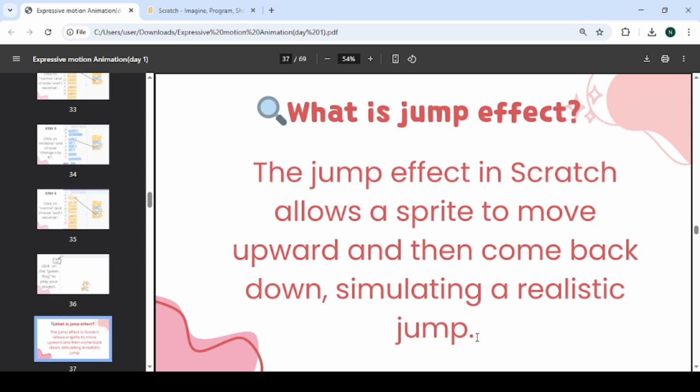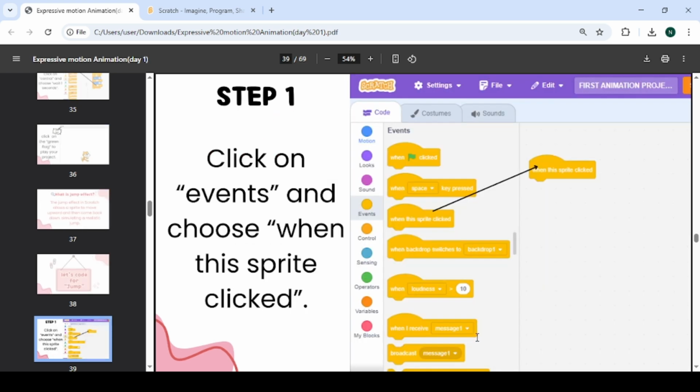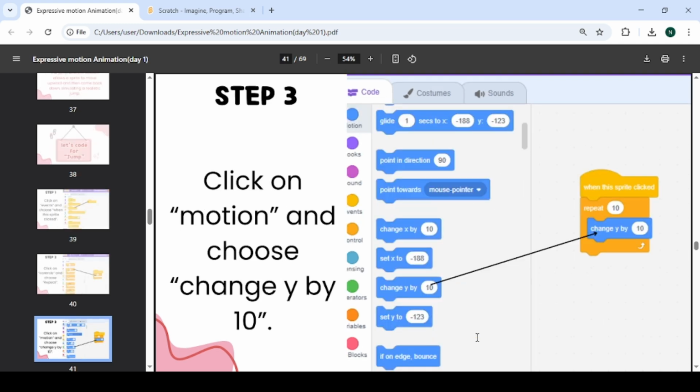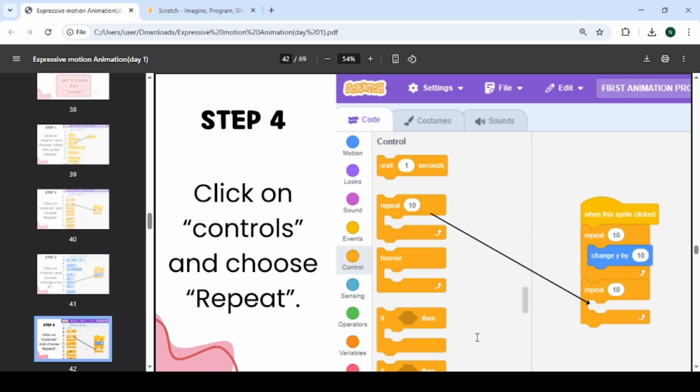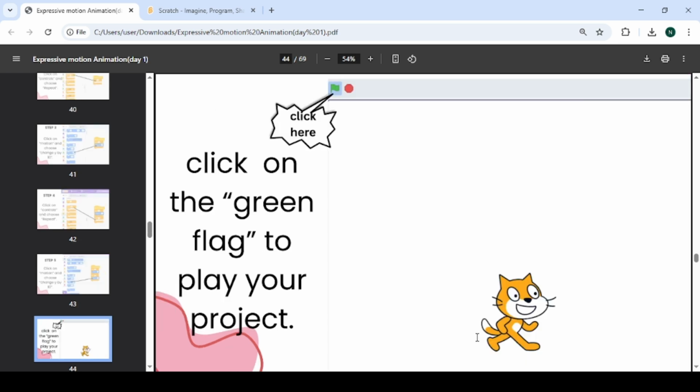Okay, here are the blocks we'll be using. We'll be using when the sprite is clicked. Next block we'll be using is repeat 20 times. Then the next block is change Y by 10. The next block is our repeat, and then the change block again, change Y. So after coding, you play your project. So now let's go